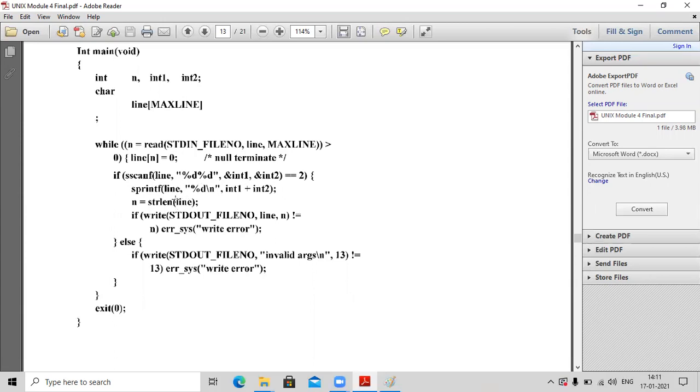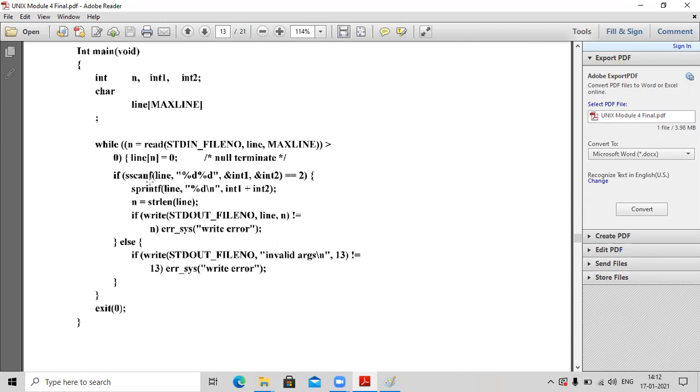Then I will be finding the length of this particular line, that should be equal to 2. Here I have already read 2. Then I will check the standard output file. If my standard output file is also giving me 2, this should get matched. That means 2 should be equal to 2. If it is giving a different number, then there is a problem. I have not correctly calculated the addition and printed it. Then it will give a write error.